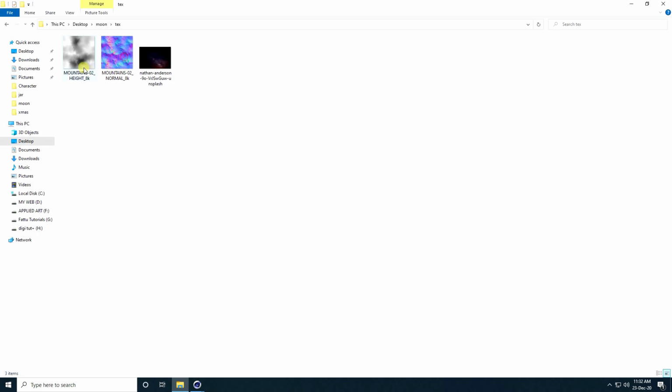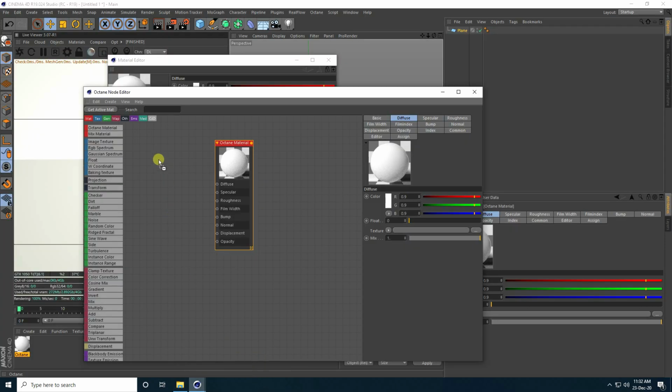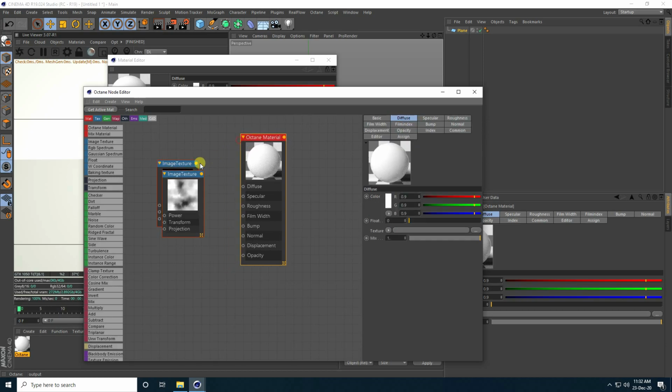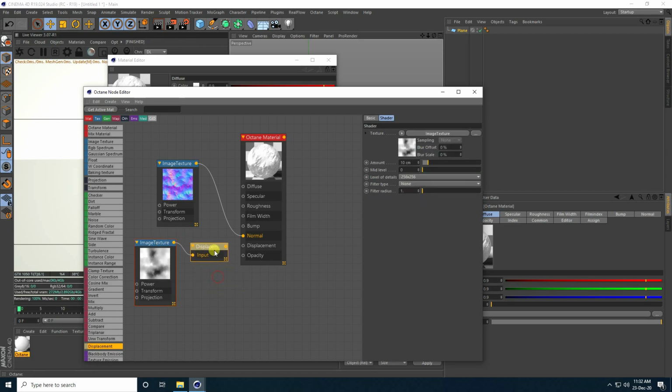And that's my folder. See, that's my texture. Select it, drag and drop in the node editor. Then select this normal map and connect it, and the second one, the displacement map, connect with the input, and this input connects with displacement. Select this one, and level of detail I take full, amount I take like 200.